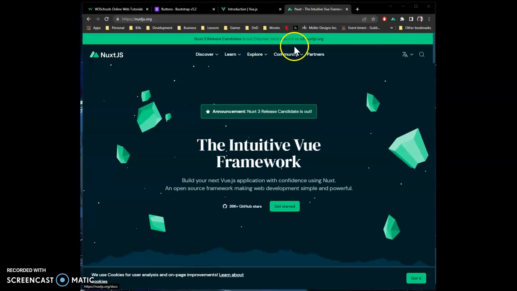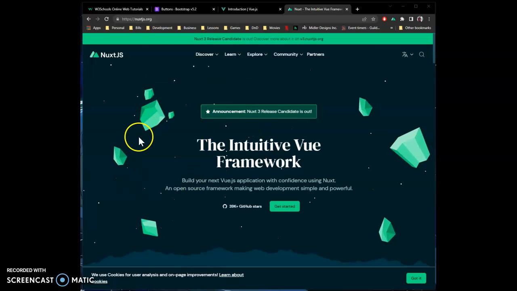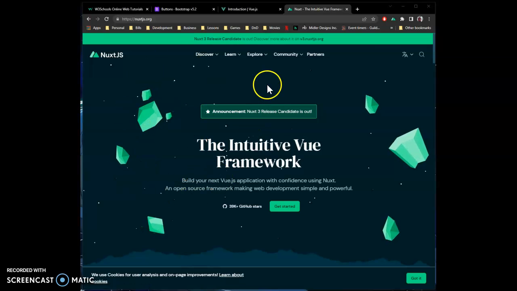So, yeah, Nuxt sits on top of Vue, and again, it just makes Vue easier, more streamlined. It's going to do a lot of the setup and everything for us. The other cool thing about Nuxt is that it's going to be able to deploy to a variety of different mediums. So even though we're going to be using JavaScript, HTML, and CSS, which are web-based languages and web-based technology, traditionally intended to run in the browser, through Node.js, which is going to be covered in the next chapter. Through Node.js and then Nuxt.js, we'll be able to actually deploy our applications out to a mobile app if